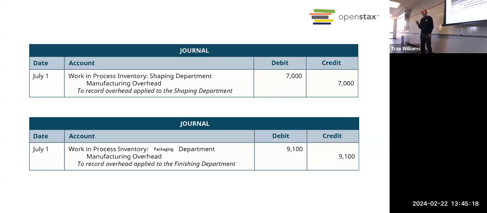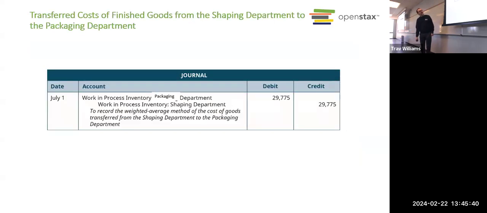So since the rate is $10 of overhead per machine hour, how many machine hours were used in the shaping department? So this, 700. Yeah, you can just divide that $7,000 by the $10 per hour and see it's based on 700 machine hours. Okay. All right, then if you remember with the drumstick scenario, they start with the raw wood